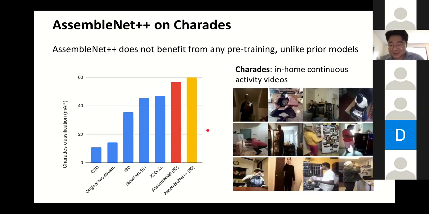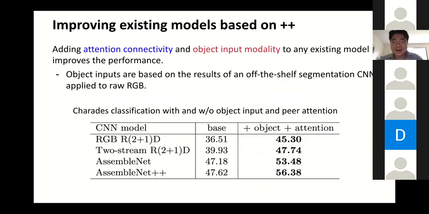So let us go there. We'll have an opportunity to look at it. But before jumping to transformer, how much the architecture search and its findings could benefit was quite significant. These are base architectures without the newly added attention and object connectivity search. By adding such information, we were able to see a good amount of increase. And this shows you the potential of what convolutional architectures were able to do.